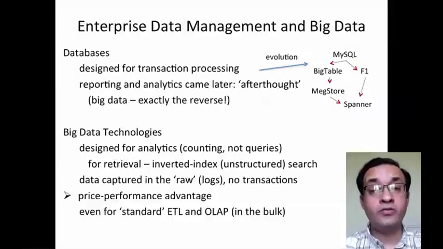Initially, they used variations of MySQL. Very quickly, they moved to a BigTable-based transactional store to handle the bids on keywords. They built something called Megastore, and then in parallel built something called F1, which is really being used much more now. And very recently, in just the last year, in 2012, they came out with Spanner, which is a large-scale,